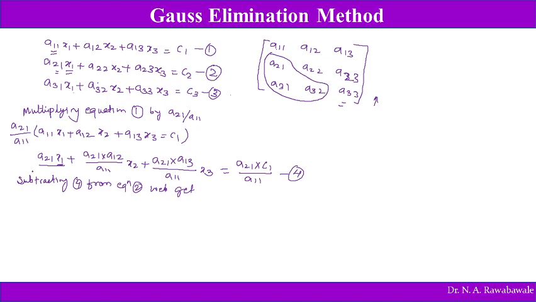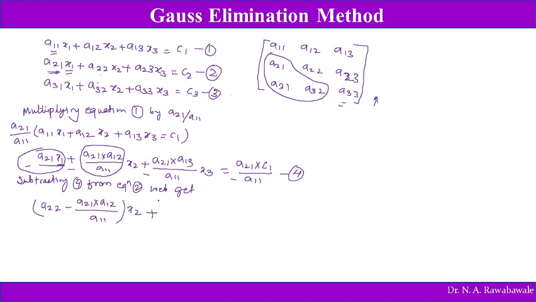So subtracting this equation number 4, that is multiplying this by minus. So if we subtract this term from the first term of the second equation, this becomes 0. Then if we subtract this term from a22, we get a22 minus a21 into a12 divided by a11 into x2,